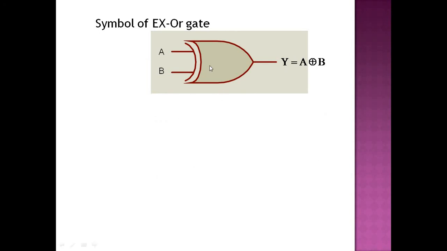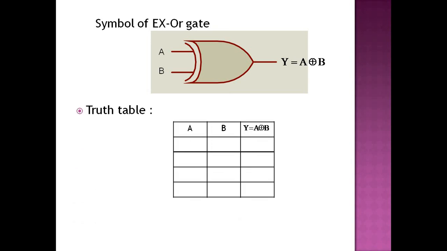The symbol of the XOR gate is shown in the following figure. This figure shows that the exclusive OR gate has two inputs A and B and produces the output y is equal to A exclusive OR B. Now we focus on the truth table. Again it has two inputs A, B, and y is the output. We apply the combination A equal to 0, B equal to 0. We already mentioned that in the exclusive OR gate the output becomes 1 only when an odd number of ones is applied. Here we do not have any ones, so the output is 0.